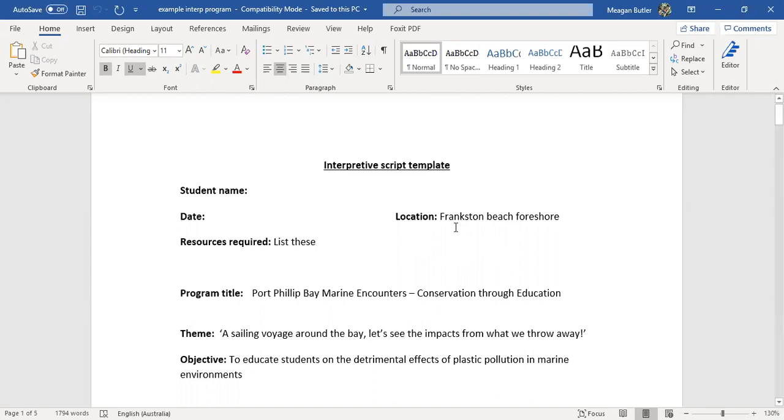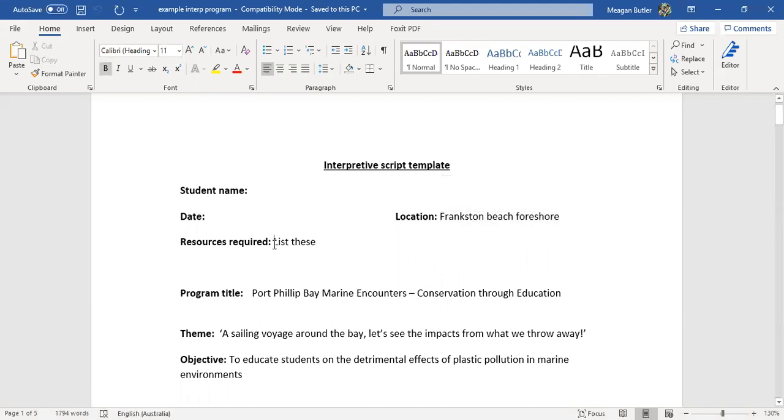So the location should be where you want the program to take place, as in the Grampians at the top of the Pinnacle, Halls Gap in the Grampians, or whatever your location is. If you can be as specific as possible about where you would want to run this program, where's the most relevant spot for you to run your program within your allocated region or camp, put that there.